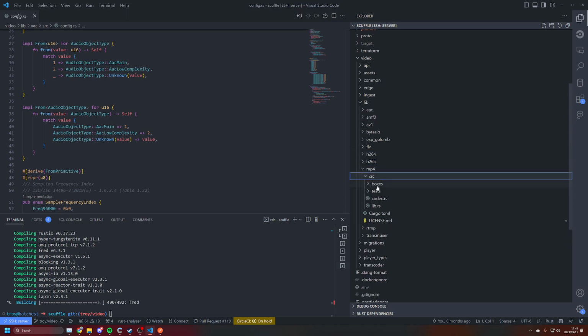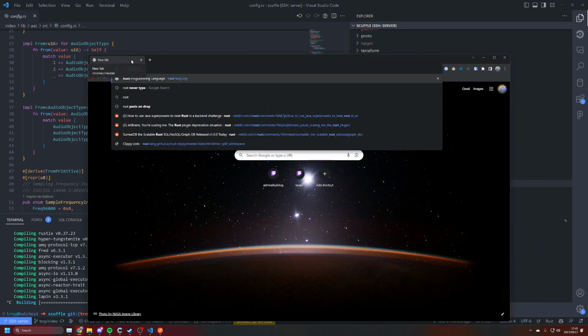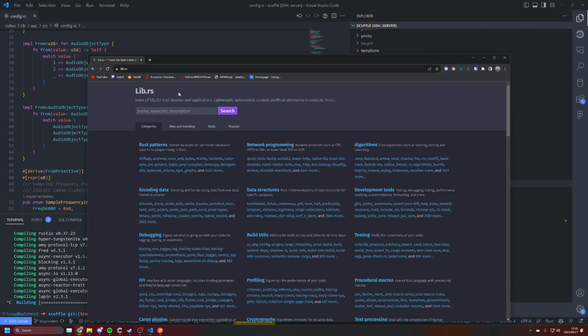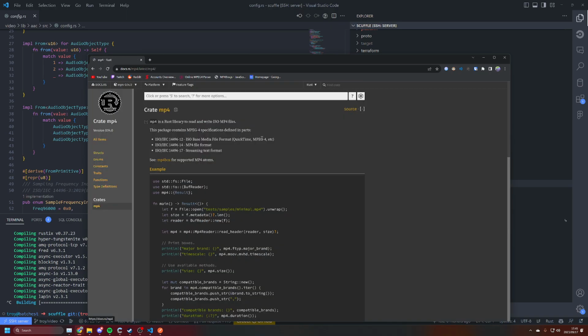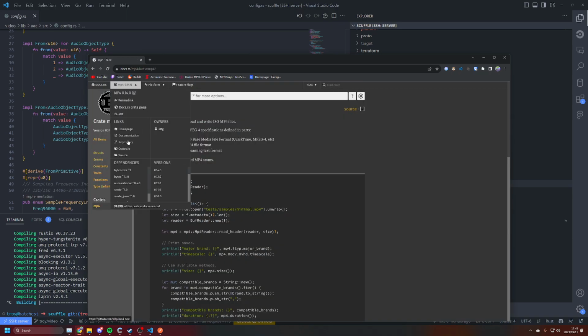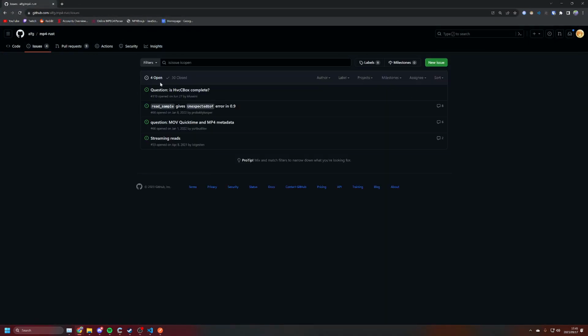Then we have MP4, which is an implementation of MP4 in Rust. Now, the questions might be coming in about why we used our own implementation of MP4 instead of the upstream implementation of MP4. So Rust has a MP4 crate called rsmp4, and I will show you why. Because the maintainer of this library has blatantly wrong values, and